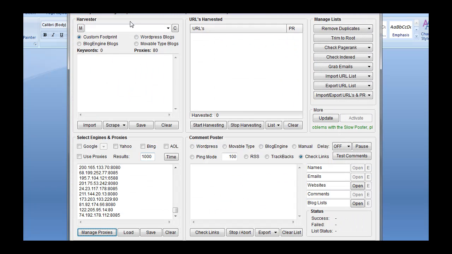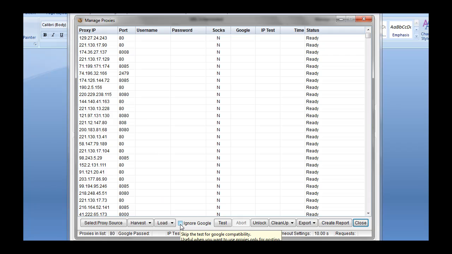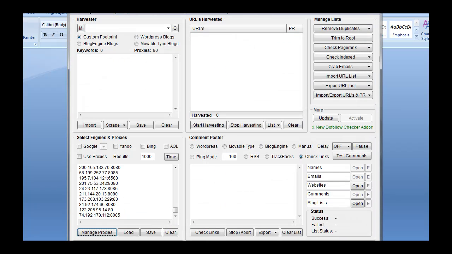So enter the new proxy checker and you have the option to ignore Google. We can ignore Google right here. And then it doesn't test directly for Google. It'll still test your IP and it'll still test all the other stuff that it needs to test to make sure everything's working correctly. However, you can then use those proxies with everything else. So if you're going to scrape Google for URLs, you don't want to ignore Google because then you're just wasting your time. But if you're not going to scrape Google for URLs and use it for other things, then go ahead and choose to ignore Google.